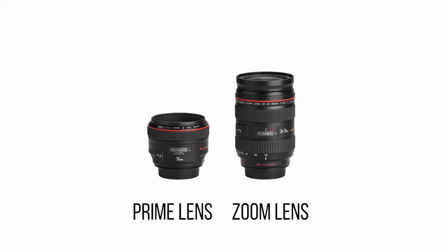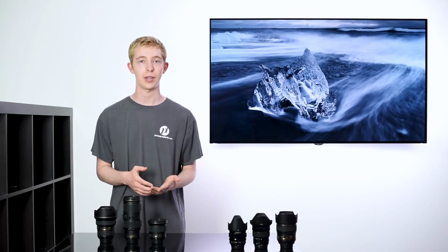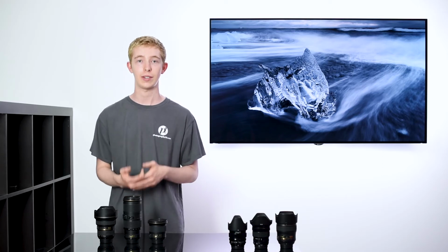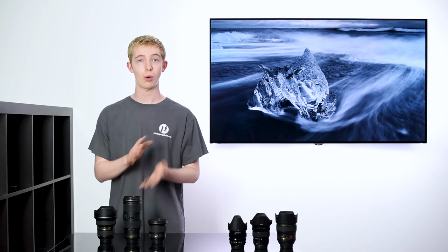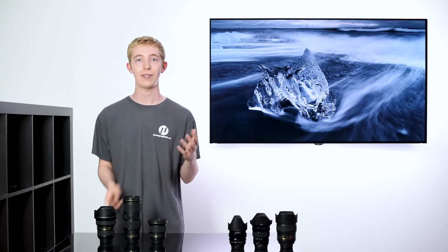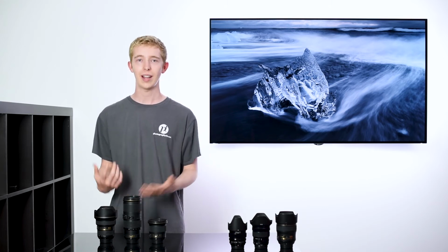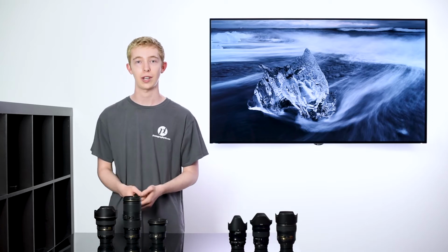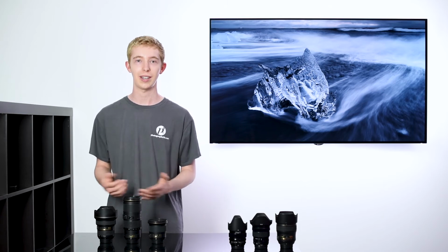For example, prime lenses tend to be significantly smaller and lighter than comparable zoom lenses. And for a given quality, prime lenses are also often less expensive. Now, zoom lenses might be larger and heavier and even more expensive than prime lenses, but there's also the convenience factor that you have to keep in mind. It's really nice just to walk out with a single lens on your camera and capture a wide range of views, rather than having to carry along a bag with multiple prime lenses. Even though each individual prime may be lighter, a set of them can weigh just as much, if not more, than a comparable zoom. Ultimately, whichever one you choose depends upon your personal preferences, but again, there is no bad